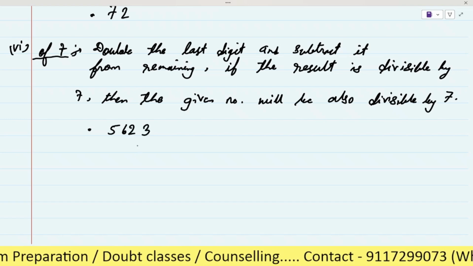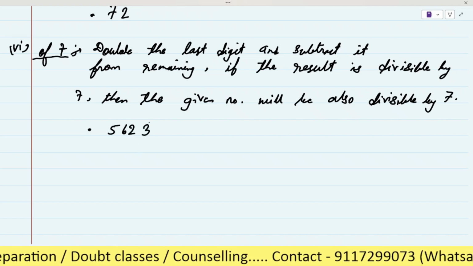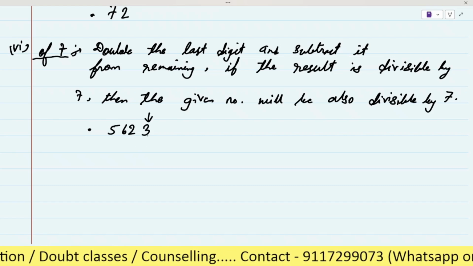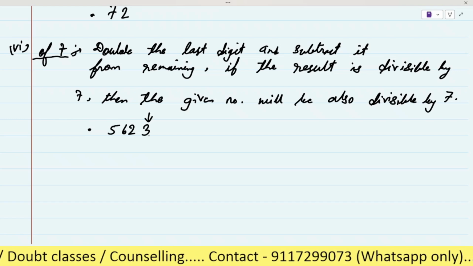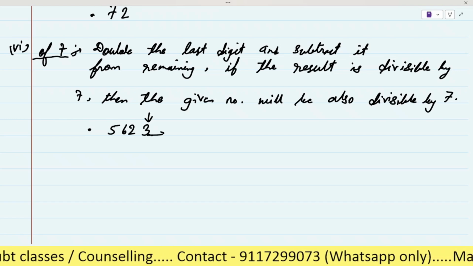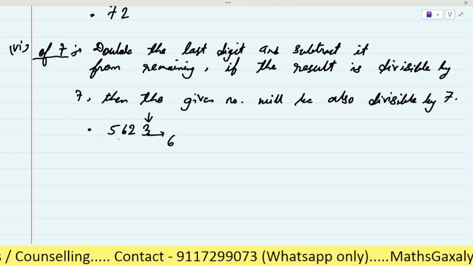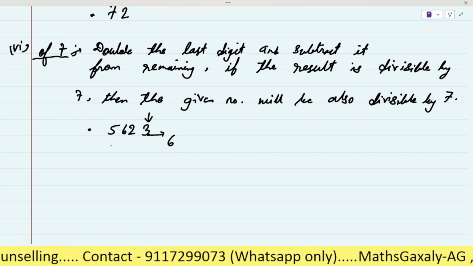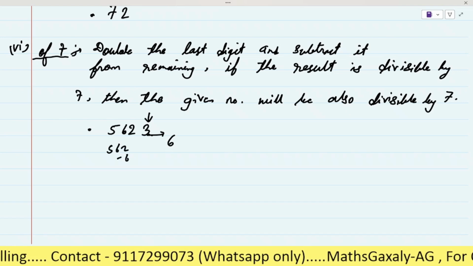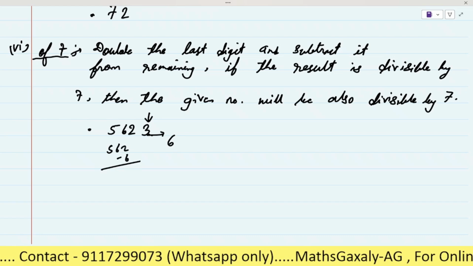Let it be 5623. Here we have to double the last digit. This 3 will become 6. Now we have to subtract it: 562 minus 6.